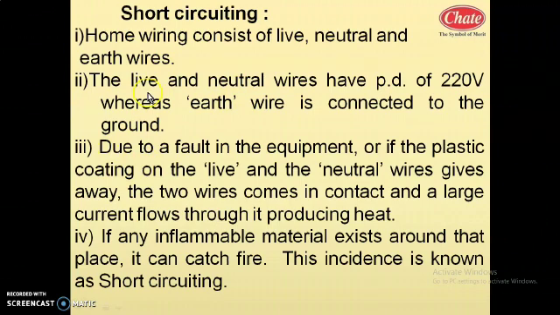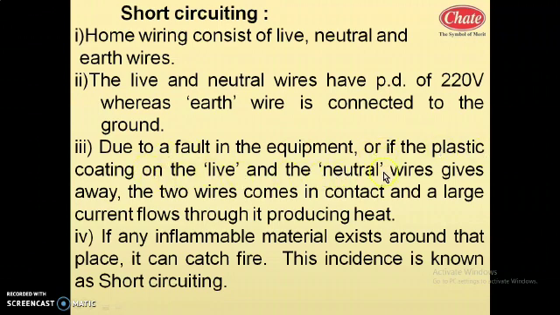So in the live and neutral wire, the potential difference is 220 volts. And in the earth wire, generally there is no electric current. If some problem arises in the device, then only the current will come into the body part and it will be earthed to the ground. If there is some fault in the equipment, or if the plastic coating